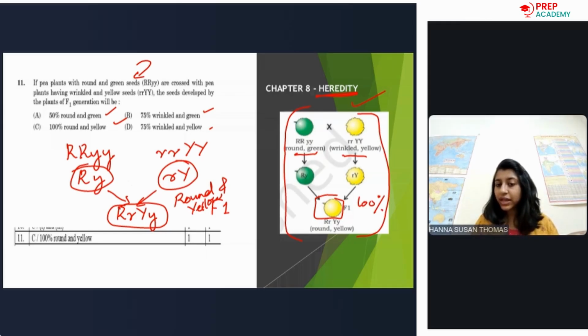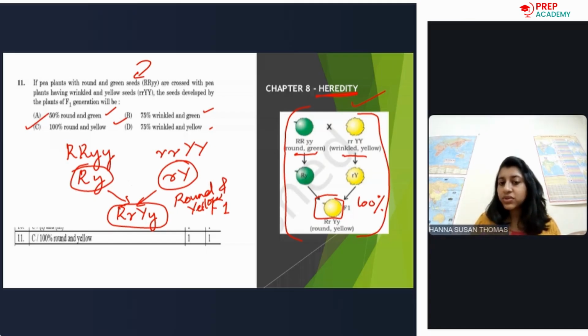There is no such thing as round green or wrinkled yellow. There will be 100 percentage of round yellow that will be formed in the F1 generation, right? F1 generation. So what will be your answer? Option C, 100 percentage round and yellow. So from this question, you have to understand that